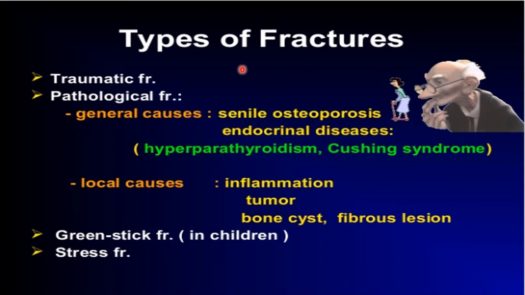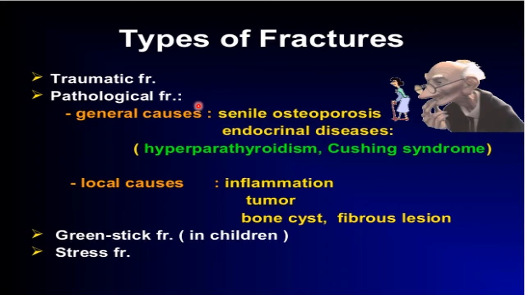depending on the cause of the fracture. The commonest fractures that we know are the traumatic fractures, where the strong force is applied to the bone and breaks it. However, there are types of fractures where there is a primary pathology in the bone which weakens the bone and causes it to break after a minor injury or just under the body weight.